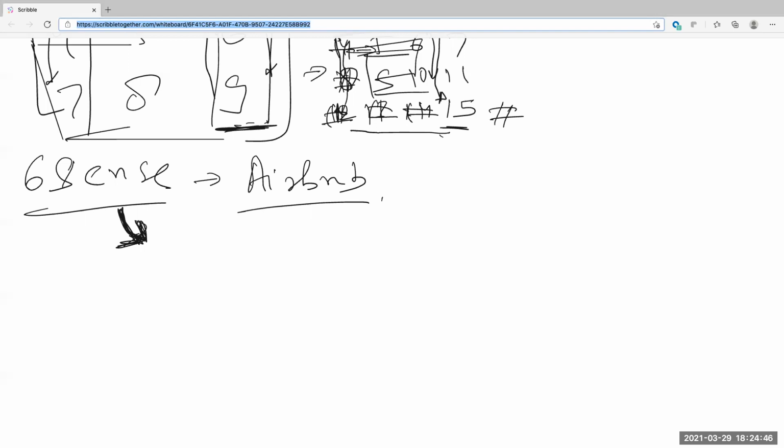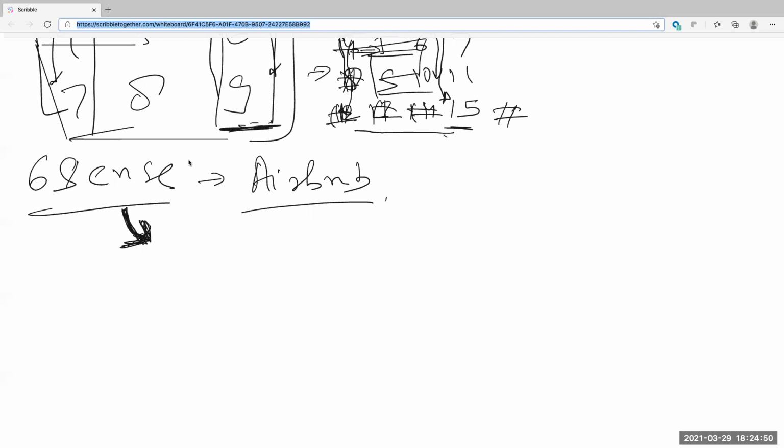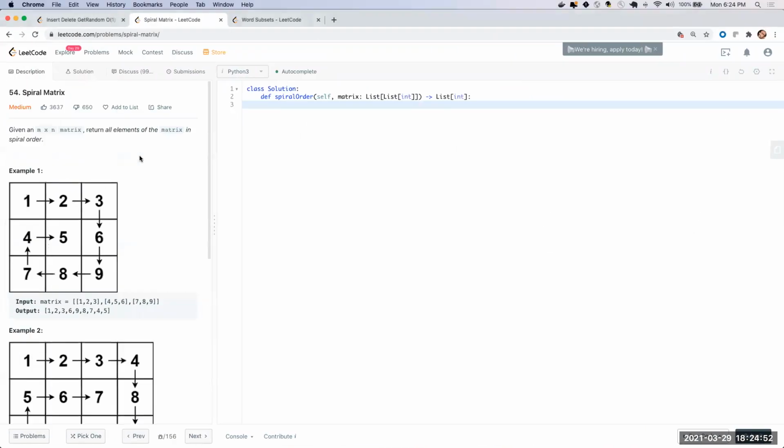So I've solved this question. Yes, it's like 54, right? I think it's a pretty basic question. But I definitely hate this. I actually hate this question. You too? That's two of us.